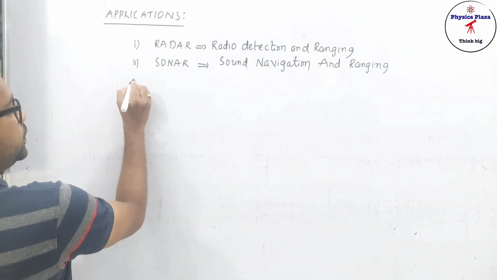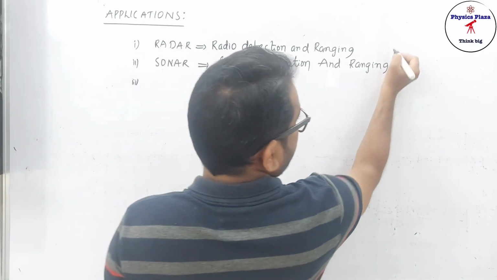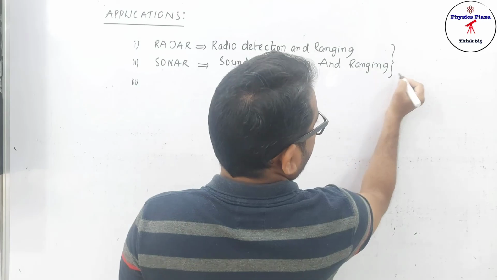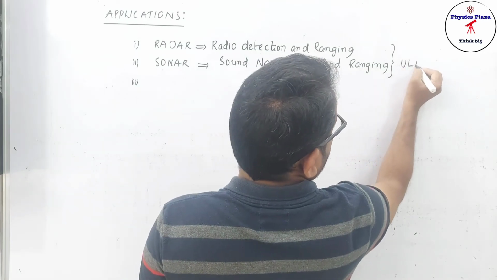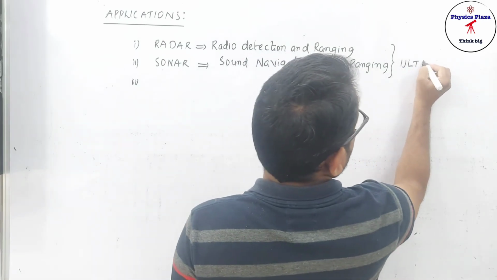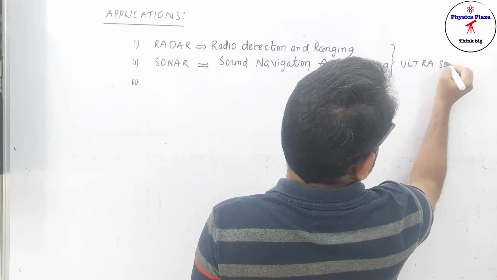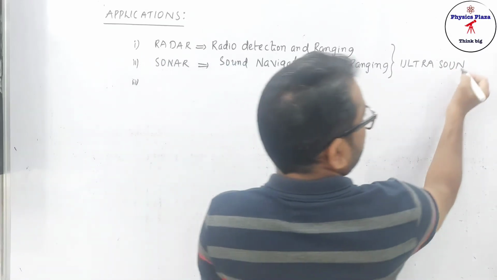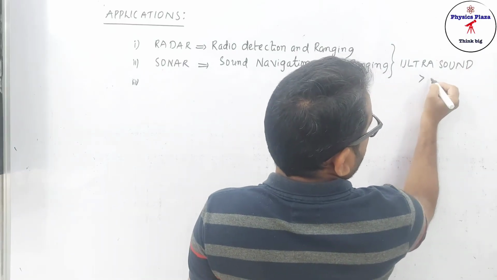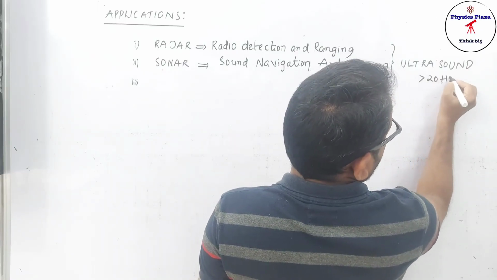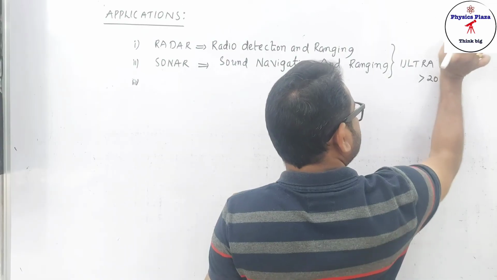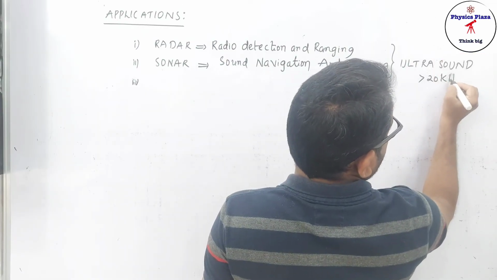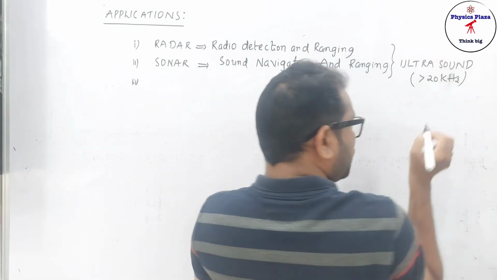And even, children, try to understand. In these two techniques we are going to use ultrasounds, very very important. So why are we using ultrasound, children? We know that ultrasounds are the sounds with the frequency range above 20,000 hertz, right? Yes, that's 20 kilohertz. Why are we using ultrasounds only?